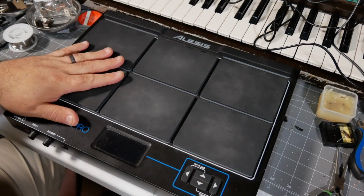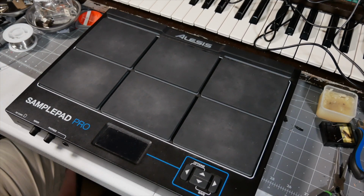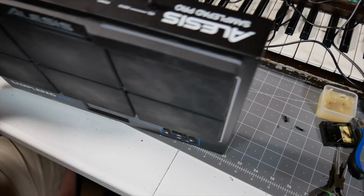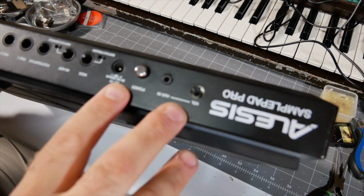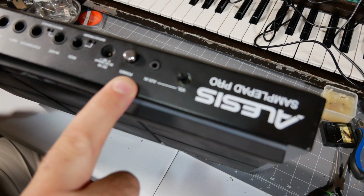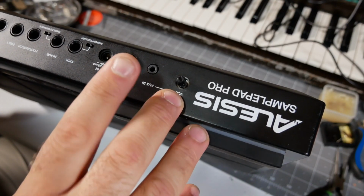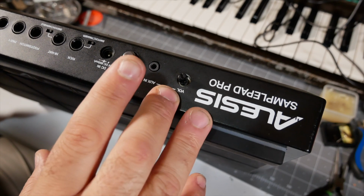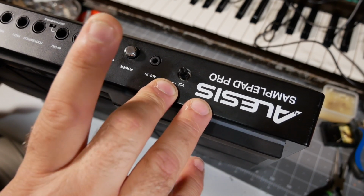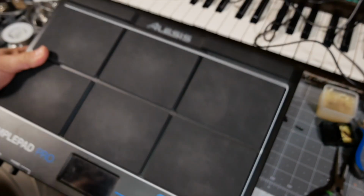The one thing you didn't see after I put it back together is the power button here is not supposed to stay in. Let me focus on that. There you go. It's not supposed to stay in and pop back out. It's supposed to pop back out, and then you push and hold it for 2 seconds, and it shuts off. But the switches I have,